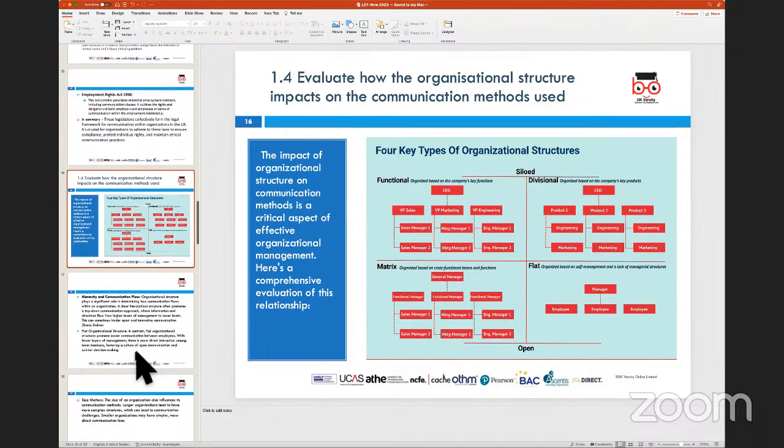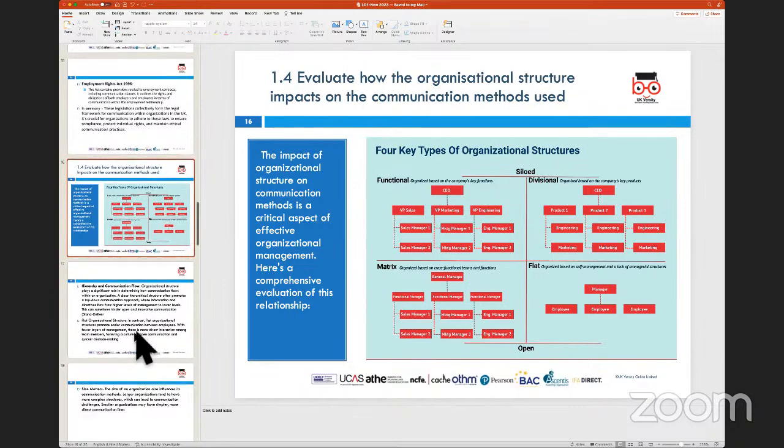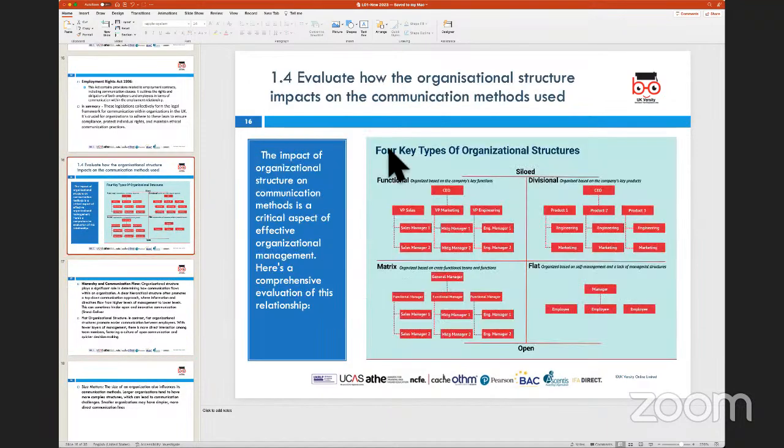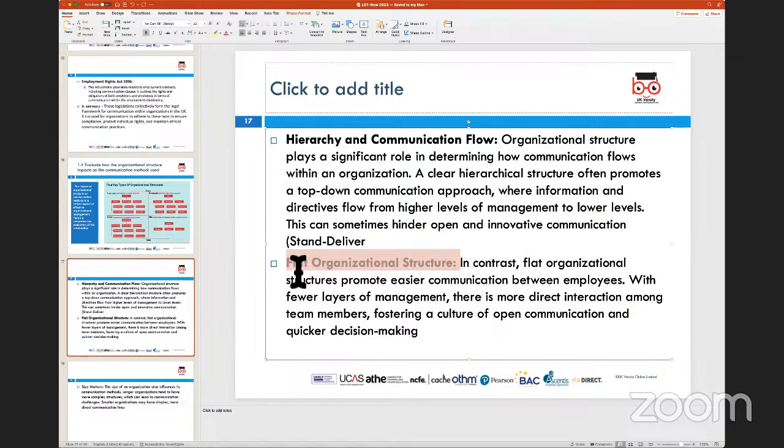Now, these broad structures can be useful to develop a type of communication structure within the organization. And why we need to understand the organizational structure is to understand what could be the impact it has on the communication policies and procedures within an organization. So when we talk about different types of structures, they can also influence how you are going to be able to communicate within the organization.